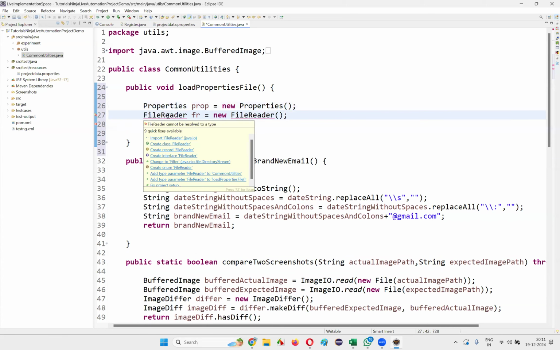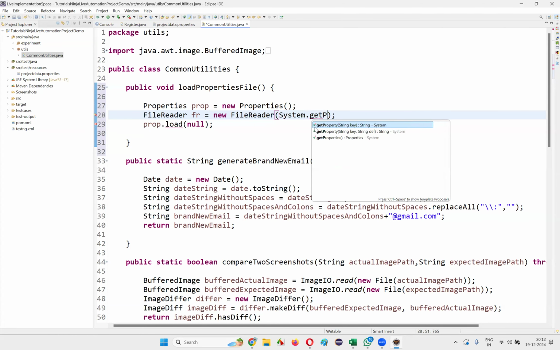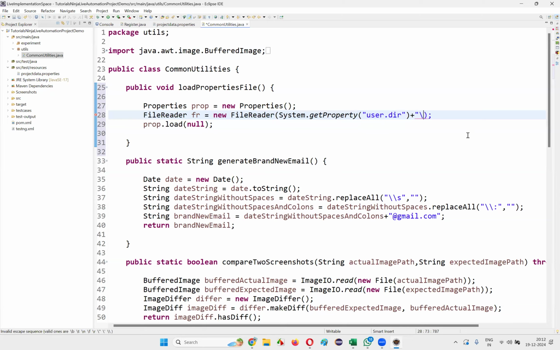Import this file reader from java.io package, and this constructor cannot be empty. Here we have to give the path of the properties file. How to give the path of the properties file? Here I'll give like this: system dot get property, and here I'll write down user dot dir plus double backward slash. Here I need to write double backward slash, and under the user.dir there is a project path. Under the project path, where you have the properties file, under the src test resource. So you have to give src, under that test, under that